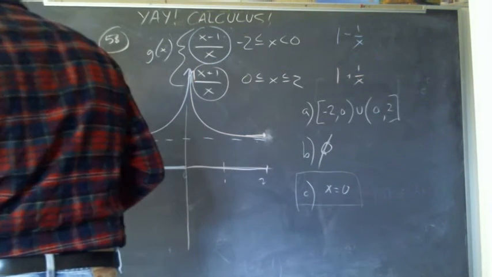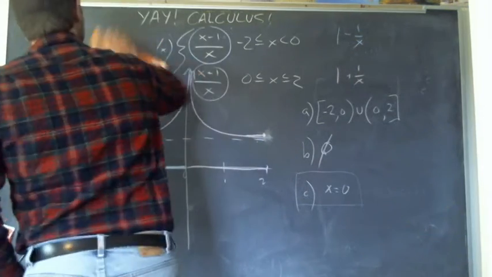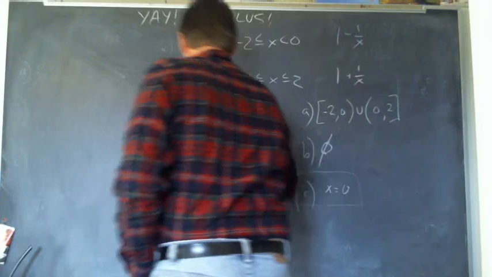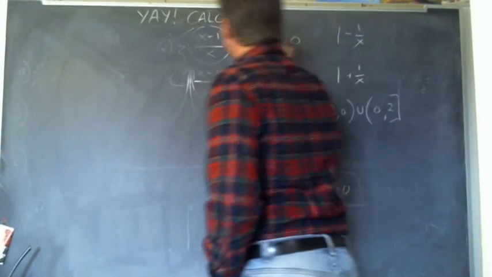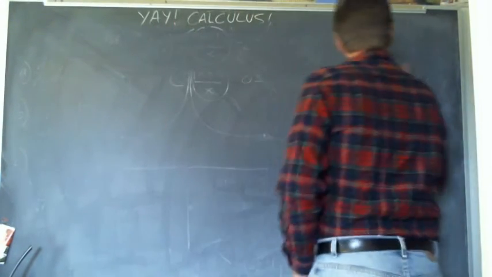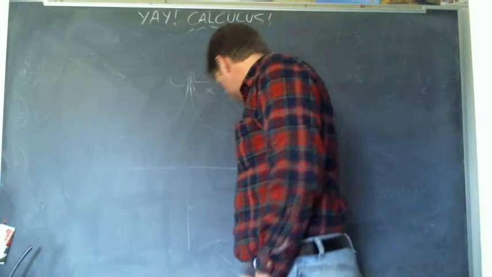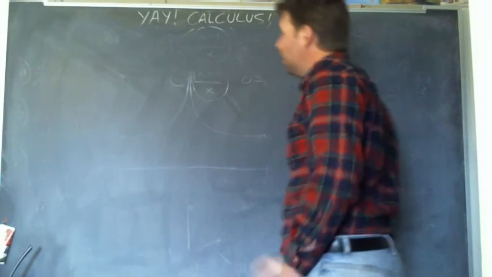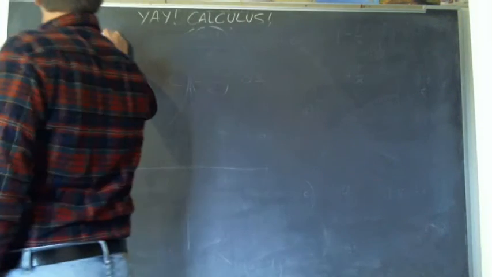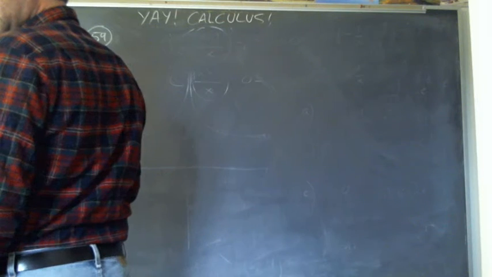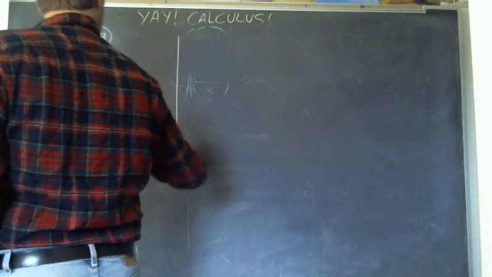That was 58. 59, curve sketching. So, we have a graph. We want to sketch the graph of its first derivative. So we're just taking the slope at each point. I'm graphing what the slope is. Let's see here. So our graph looks like